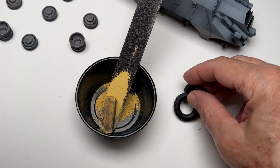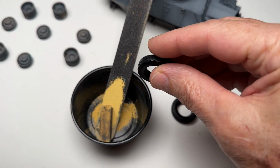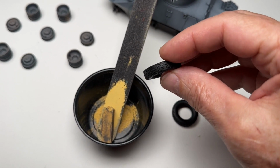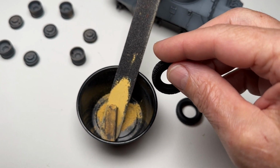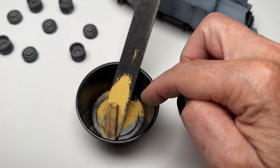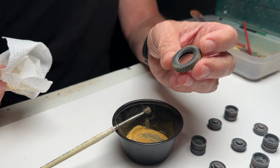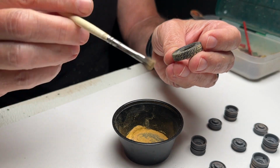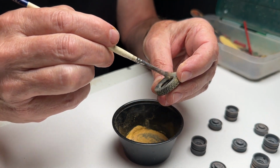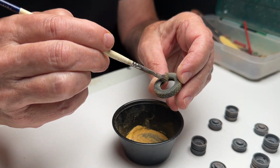Okay, for the tires, I like the rubber tires that come with these kits. A lot of modelers don't like them. I like them, and the reason I like them is because I can weather them with my pastels. So what you see here is I've ground up some pastel color with a sanding stick. That's pretty cool. Got pastels in there, and if you want to do a little bit more, you can rub it in with this brush,